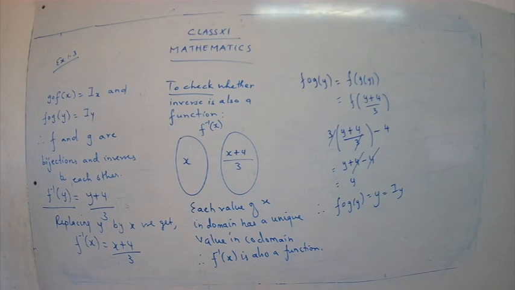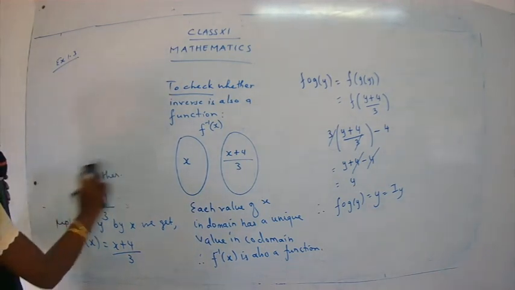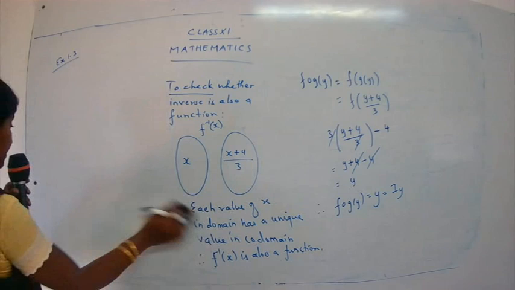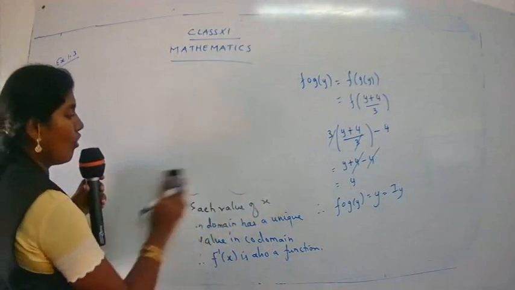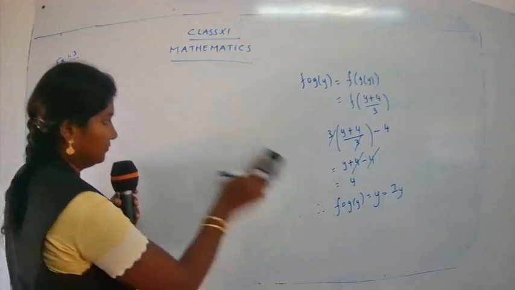So we are going to draw the 3 graphs, and we are going to see how they are lying. How is the graph lying? What is the relation between f of x and f inverse x? So let's have a check of the graph. We are going to plot the graph, so get ready for plotting the graph. So I have told you that we are going to go for 3 graphs, that is in a single graph itself. We are not going to draw 3 different graphs. We are going to show all the 3 details in the same graph.